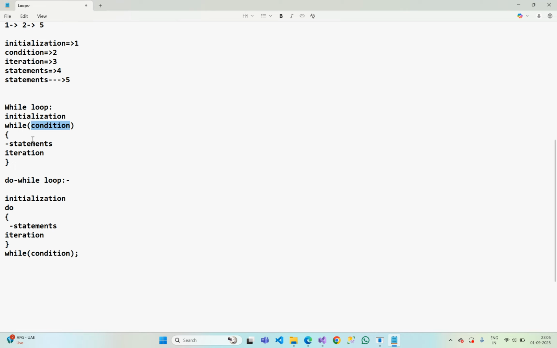If the condition is false, then the loop will not execute. If the first time the condition is false, then our loop body will not be executed any times, zero times. Okay,